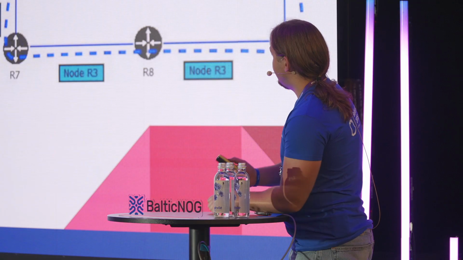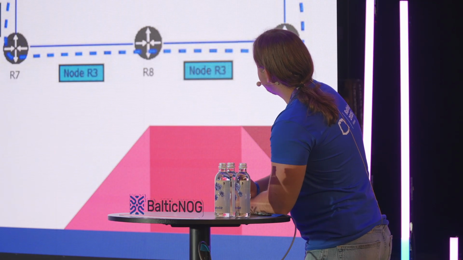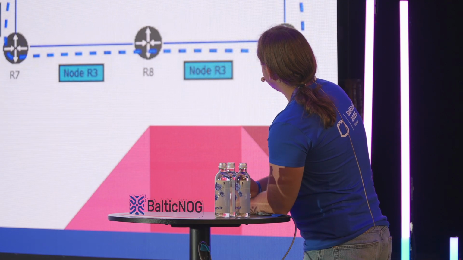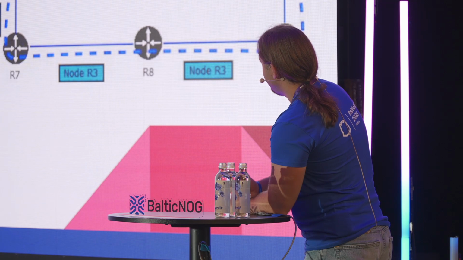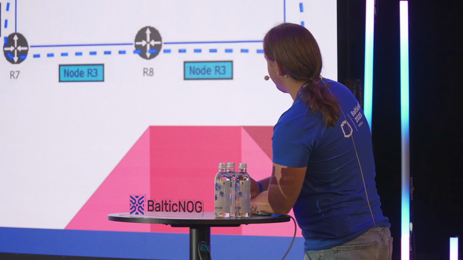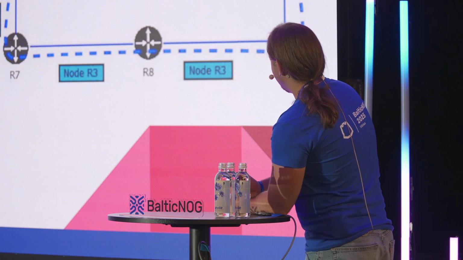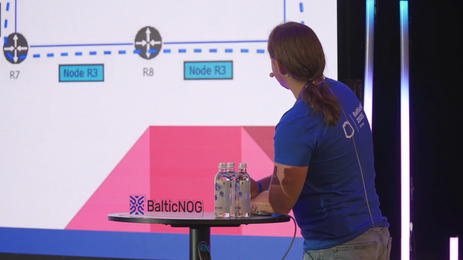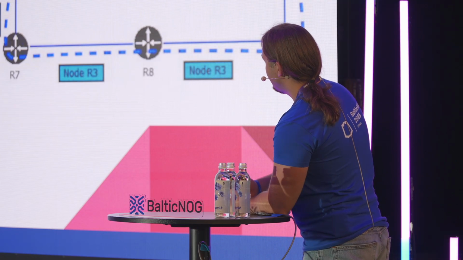ECMP. With segment routing, unlike RSVP, the big advantage of segment routing is we can support load balancing over multiple paths. In this case, we go from R1 to R3 using blue links. It will result in load balancing over top and bottom paths.